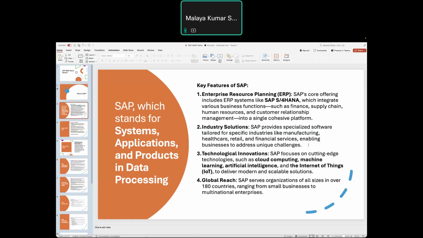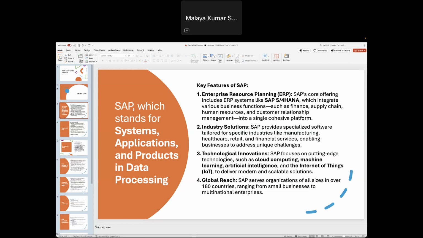Next, what is the future of SAP? Technological innovation: SAP is continuously working on innovations. It's going to cloud and IoT to deliver different kinds of scalable solutions to different kinds of organizations.